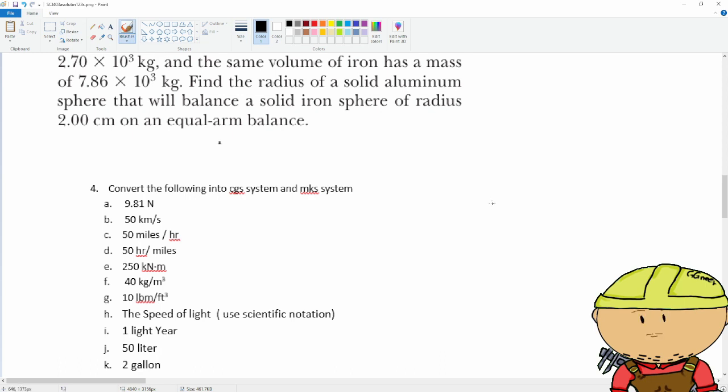Are you ready? Okay, so let's start. First off, convert the following into CGS and MKS system. Remember, when we say CGS system, CGS is centimeter, gram, second. And when we say MKS, meter, kilogram,